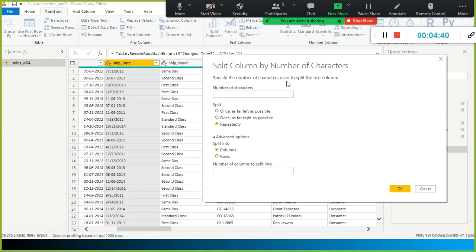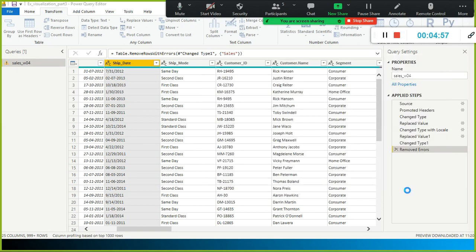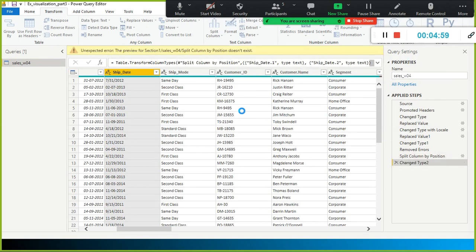It says specify the number of characters to split the text column. So here if I say number of characters 2, what will happen is the 7 and forward slash will get split. Okay, number of columns, let's say we want 2.